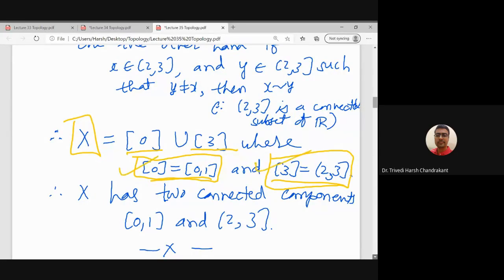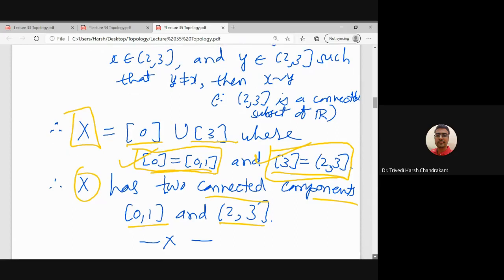both these equivalence classes are basically the connected components of X. So they are the closed interval [0,1] and the interval (2,3]. Note that X is a disconnected space, but it has two subsets which are connected, and they are known as the connected components of X. If I take X to be the union of three different intervals, then we will have three connected components.